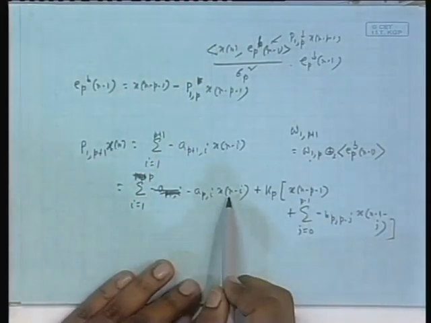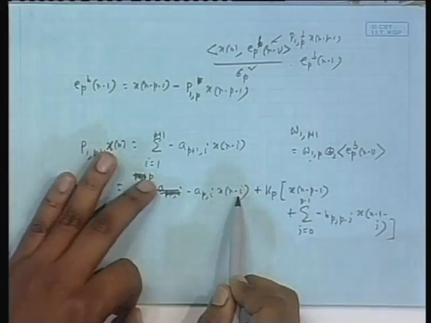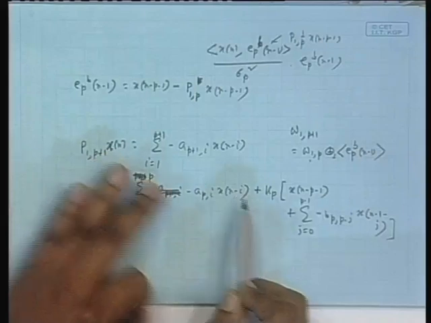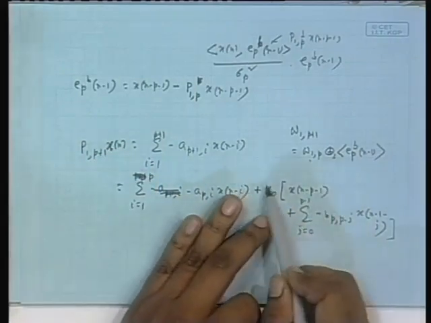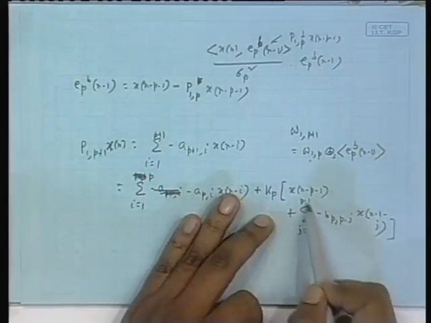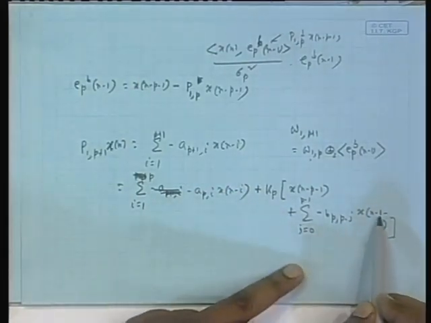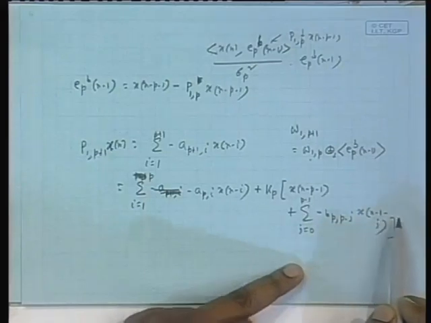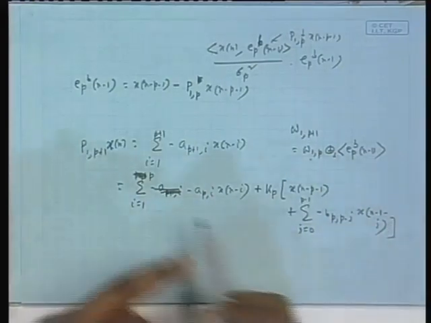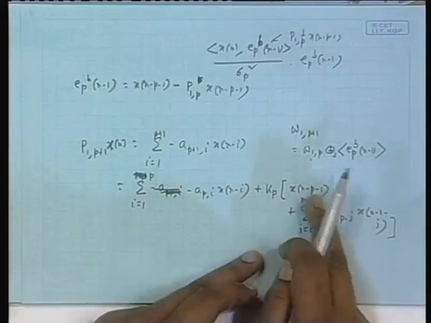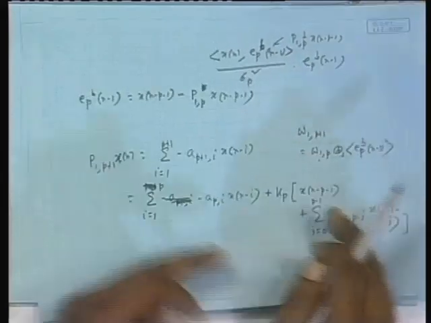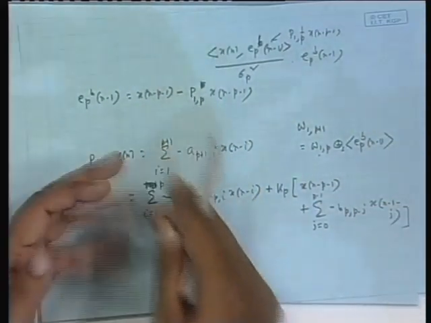Here also I have those terms only, x n minus 1, n minus 2, up to n minus P, but the n minus P minus 1 term comes out of this. And in this summation again, see n minus 1, n minus 2, up to n minus P. So, n minus 1 to n minus P here and here, and n minus P minus 1 here. So, I just rearrange the terms and then equate the coefficients.